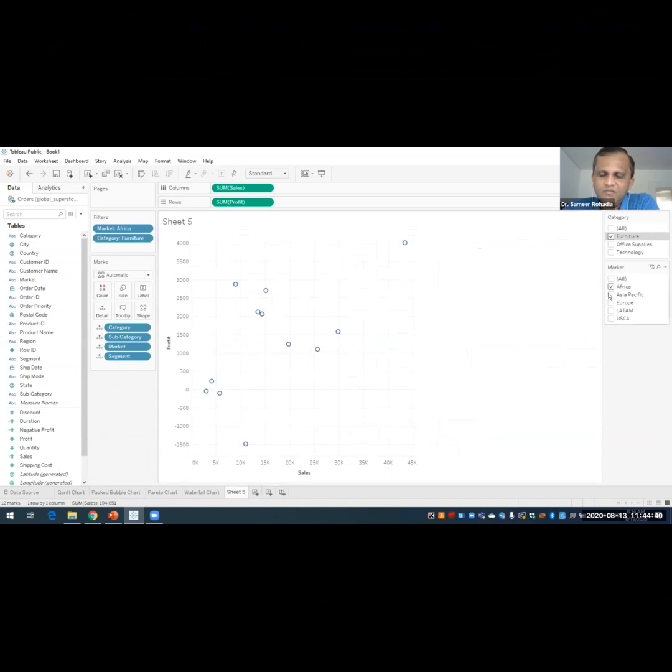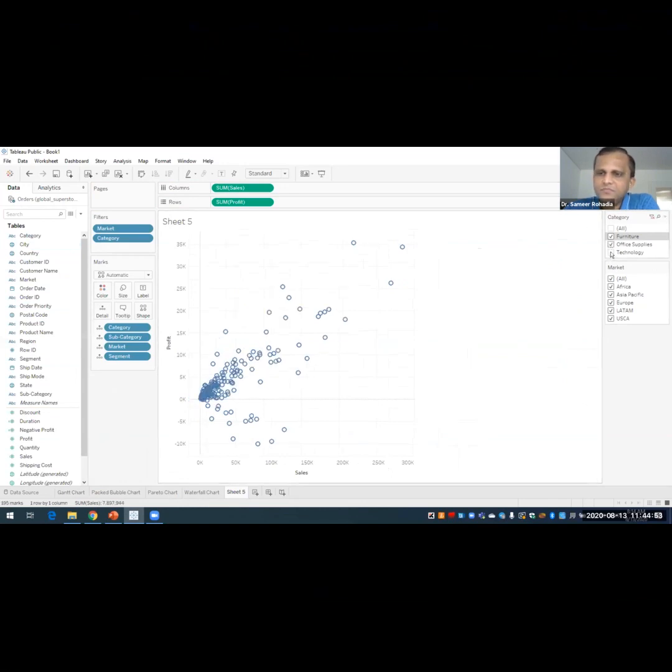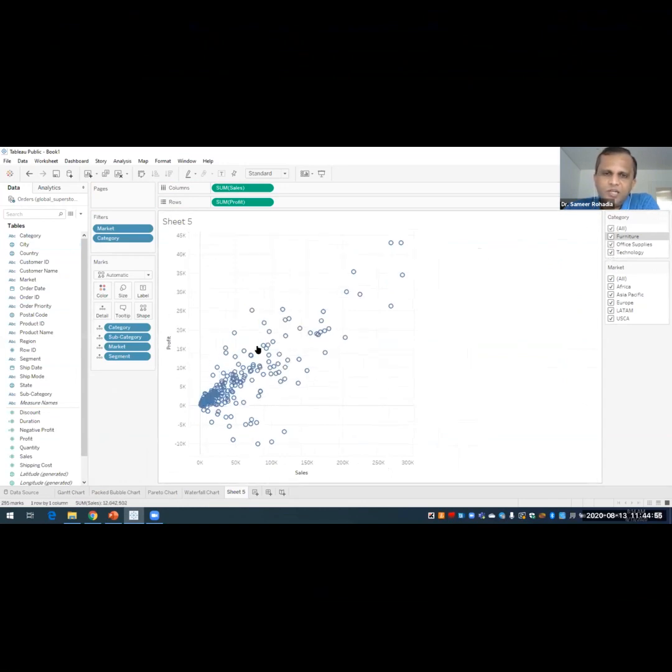I can then add more also. I can go for Asia Pacific or Europe, include Latin America, and as soon as I select US, Canada, it means that all the markets are selected. So currently I am again selecting all the categories as well as all the markets. But you can play with this filter very well.